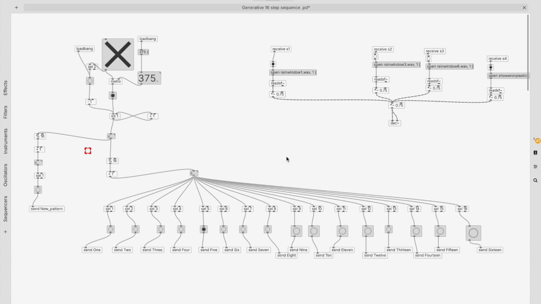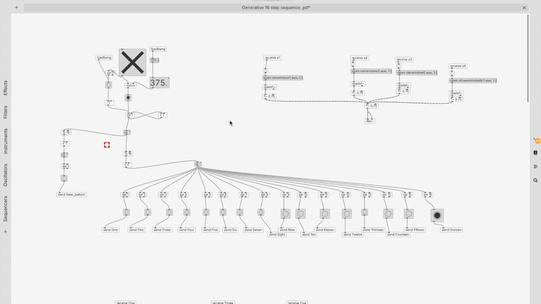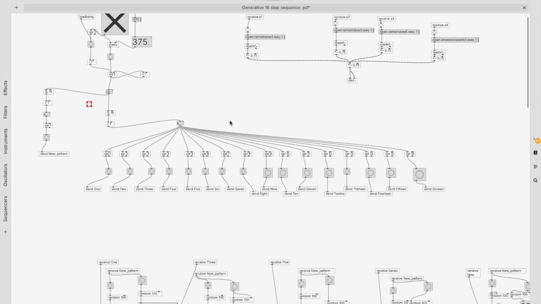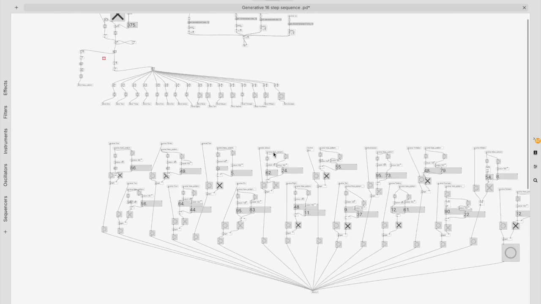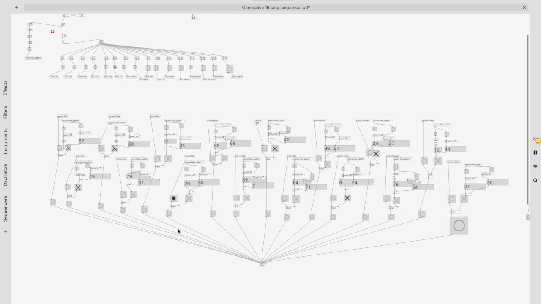So let's get that played. It runs through the steps of the sequence, and each bang sends a message through a send and receive onto a second stage sequencer,